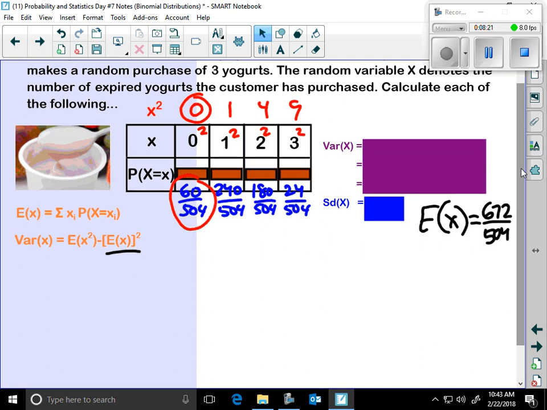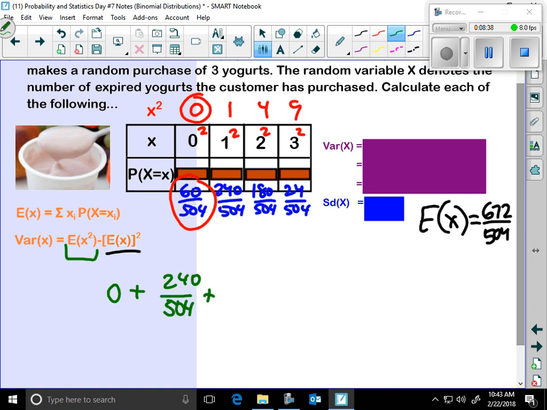Let's find the expected value of X squared. 0 squared is 0. 0 times 60 over 504 is 0. 1 squared is 1 times 240 over 504 will be 240 over 504. 4 times 180 is 720, yep, 720 over 504. And then 9 times 24 is 216. Good. 216 over 504. Victor, will you add those numbers up? Just the numerator. Okay, and then I'm going to subtract